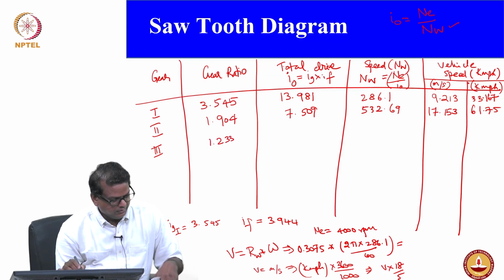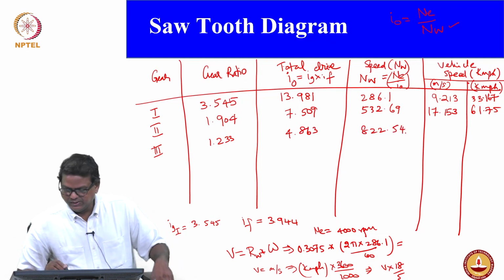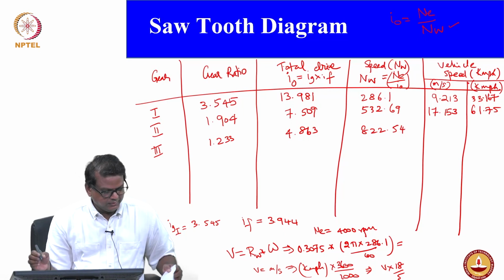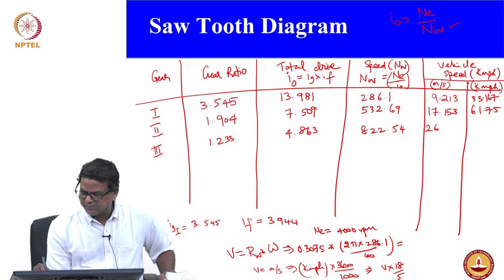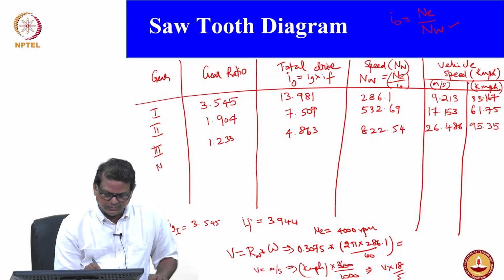Similarly, if you do the calculation for third gear, 1.233, 4.863, 82.54 is your tire speed, then the corresponding velocity 26.486 meter per second, and then the vehicle speed would be 95.35 kilometer per hour. Then for fourth speed, okay,